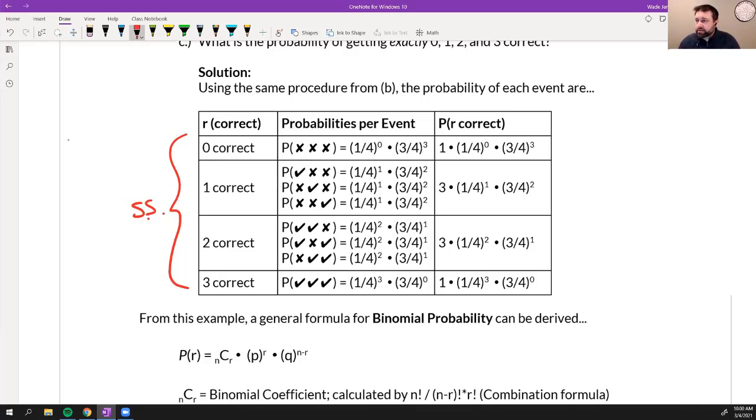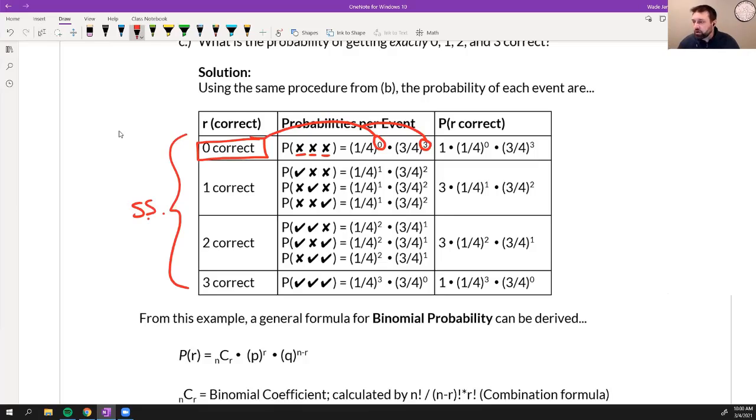And so if you wanted to know what's the probability of getting none of the problems correct, that would be wrong, wrong, wrong. So to get 0 correct, you take the probability of getting them correct to the power of the number that are correct times the probability of getting them incorrect to the power of the number that are incorrect for your event. So if you have 0 correct, that means you get 0 correct and you get 3 incorrect. Or it's P to the 0 power, 0 correct, Q to the 3rd power,